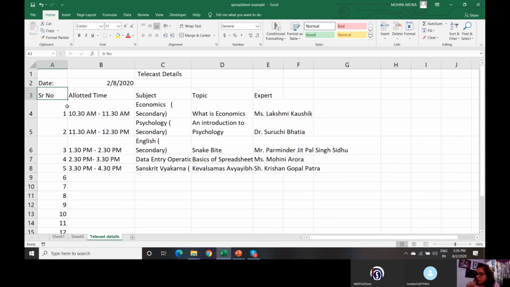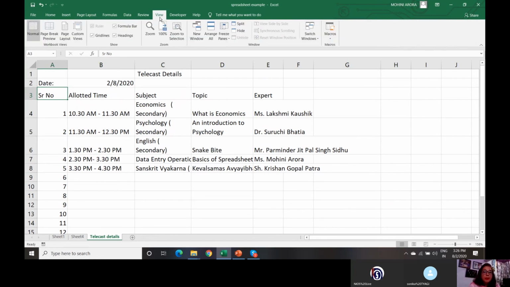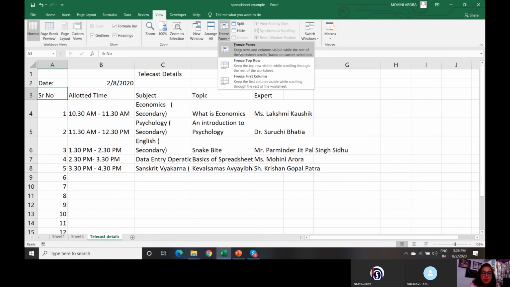To freeze panes, you click on the row till which you want to freeze, and then you click on the View menu. In the View menu, you have the Freeze Panes option in the Window group of buttons. Click on the arrow and you have the Freeze Panes option.